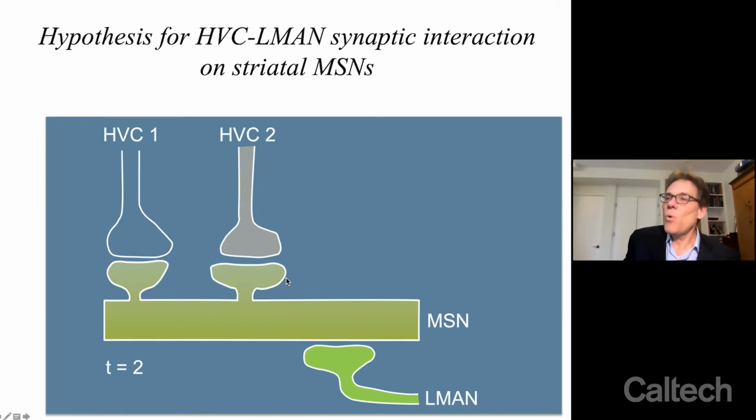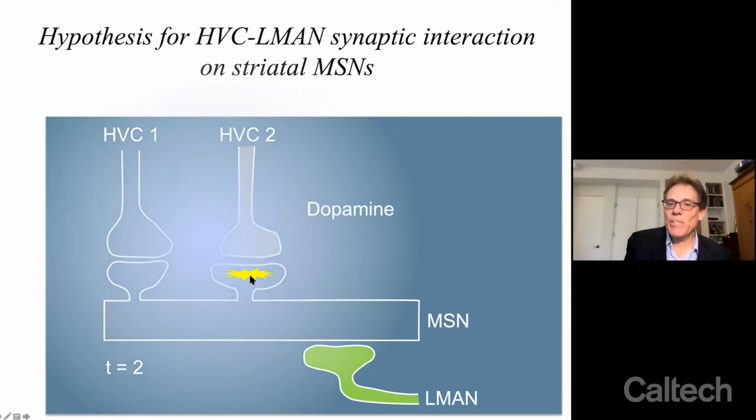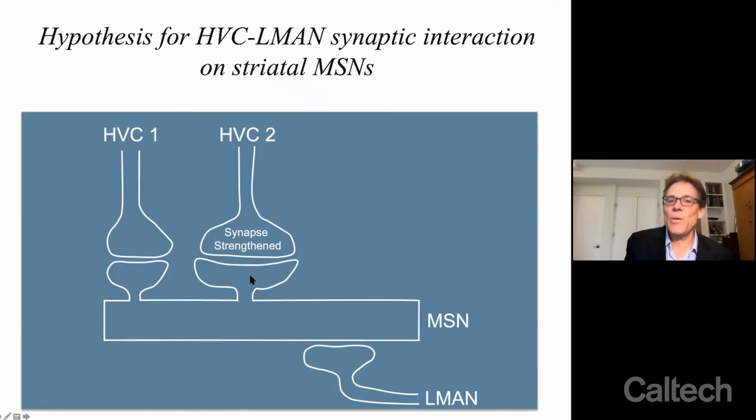removing magnesium block from NMDA receptors at all the spines on that dendrite. Coincident HVC input would then lead to calcium influx, which could form a biochemical eligibility trace, which then remembers which actions happened at which times. Subsequent arrival of a dopaminergic input would lead to synaptic strengthening of precisely those synapses that need to be changed in this model.